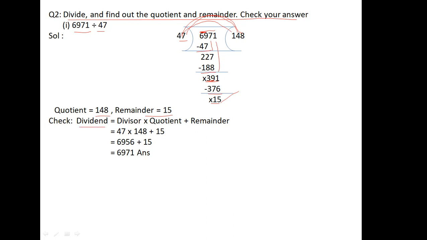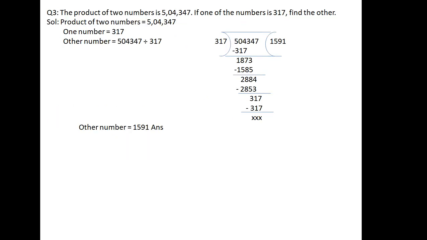So dividend equals divisor into quotient plus remainder. It means 47 into 148 plus 15. 47 into 148, the answer will come 6,956, and when we add 15 it will come 6,971. This is the dividend. Now question number 3 says that the product of two numbers is